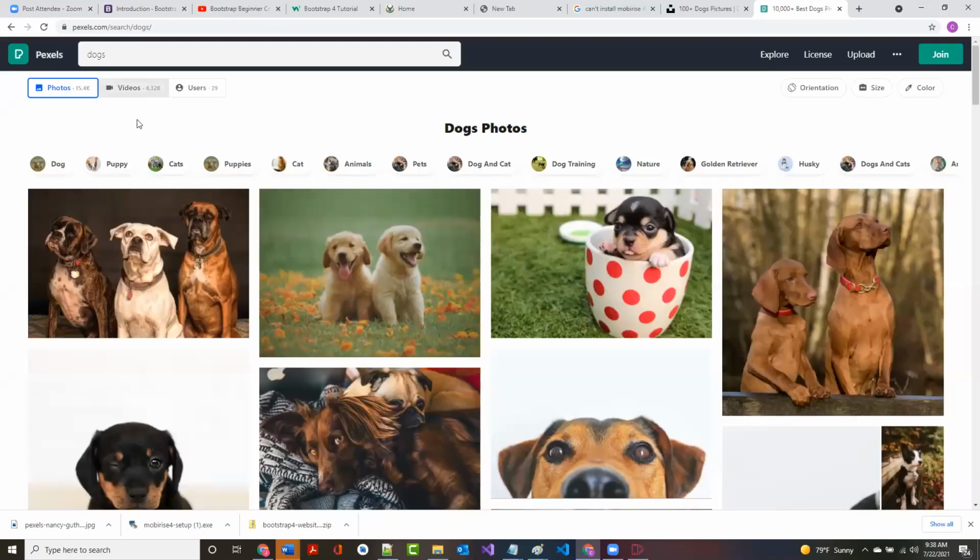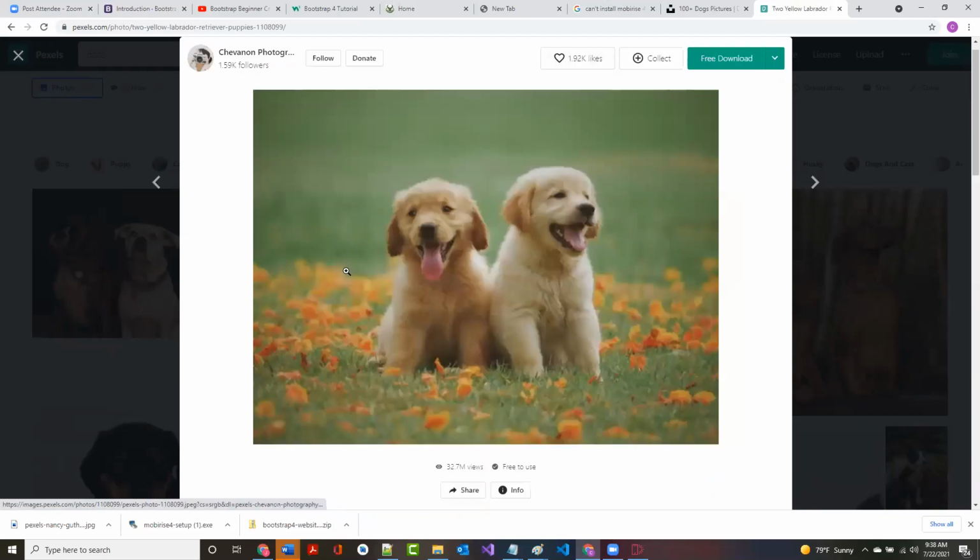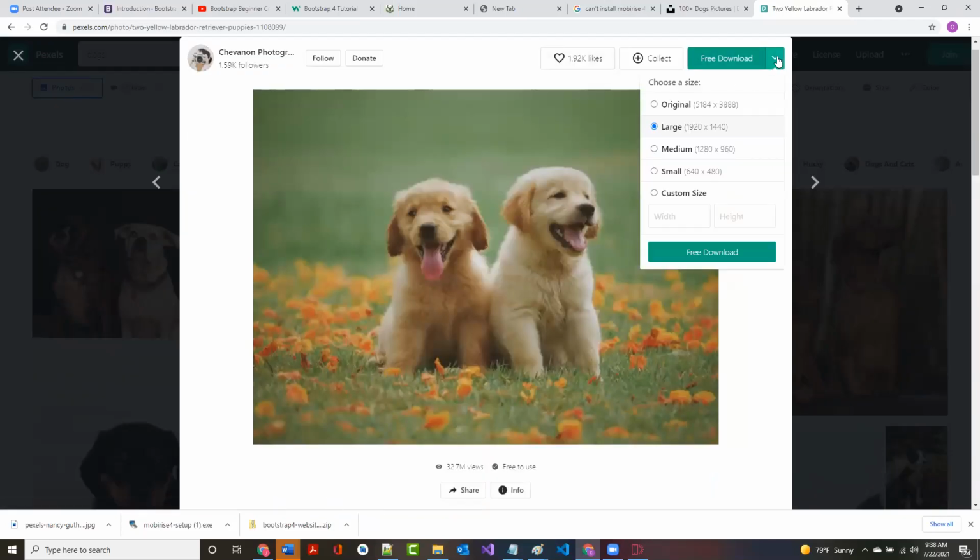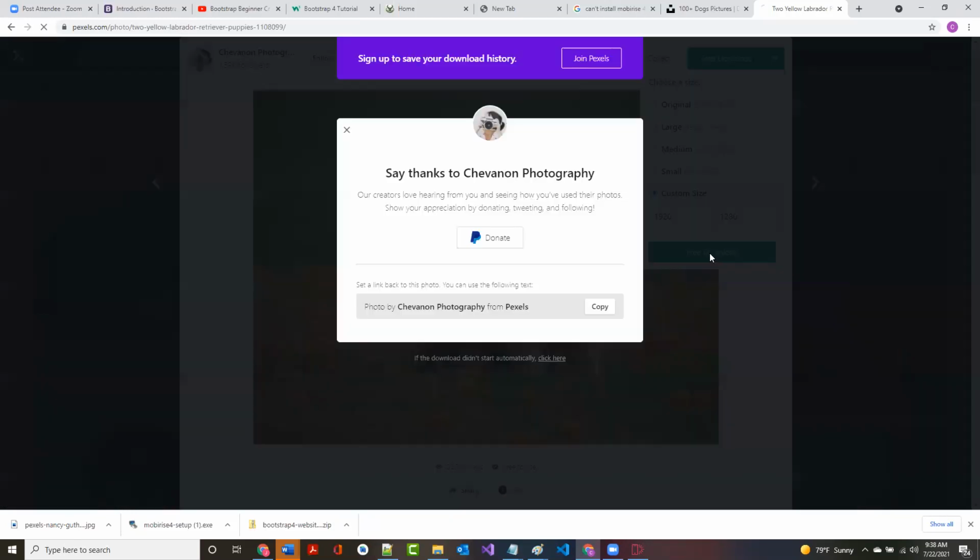So that's the first picture. Then I'm going to grab this second one. Okay. And under file download, again, it doesn't have 1920 by 1280, which is what we had before. So I'm going to put in my own custom size, 1920 by 1280, because I want these to be the same size. Sometimes when you manually resize a picture the way I'm doing right now, it looks a little skewed. So it might look a little bit like I stretched it in one direction or the other. Okay, but I'm going to click there and click free download.